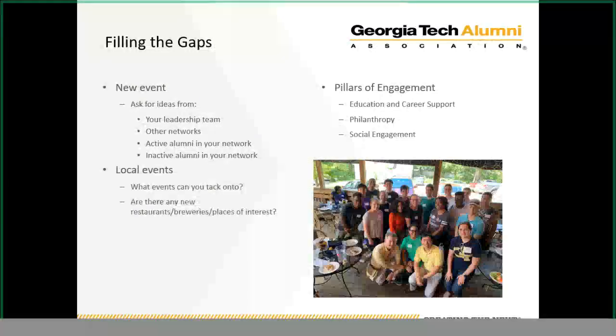Of course, we certainly don't want to overlook the alumni in your network. Every network is different, and alumni are looking for different things. So reaching out to your alumni can provide really valuable insight as well. We can help on that aspect in terms of sending a survey to those alumni. You might consider segmenting that out, maybe sending some different messages, one for your active alumni, those that have been out to several events or you can rely on, and ask them what they would like to see or maybe what they'd like to see more of.